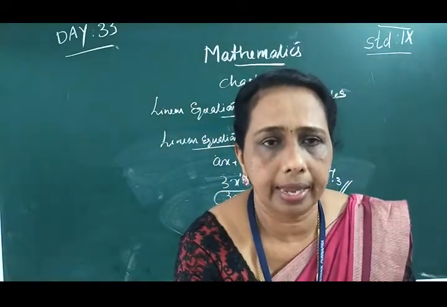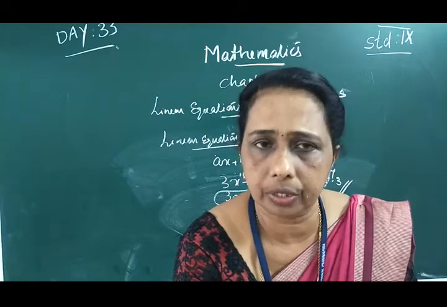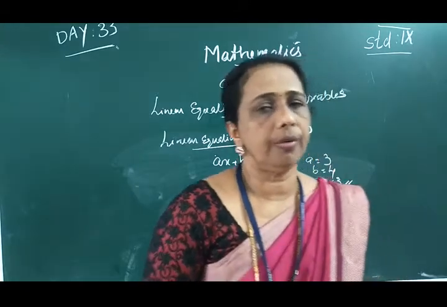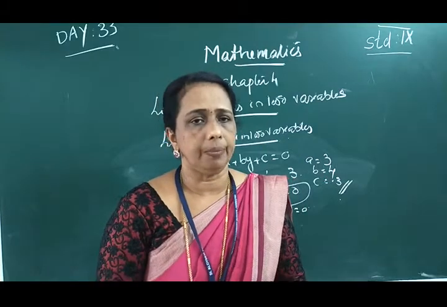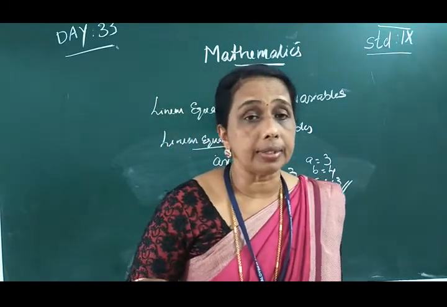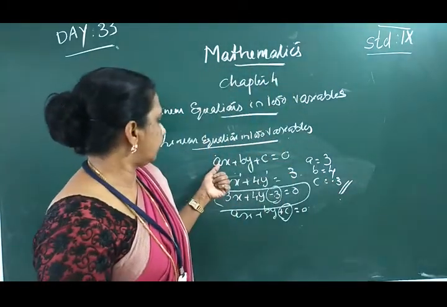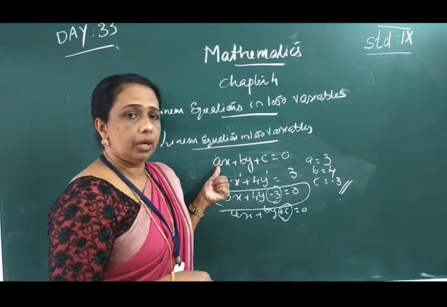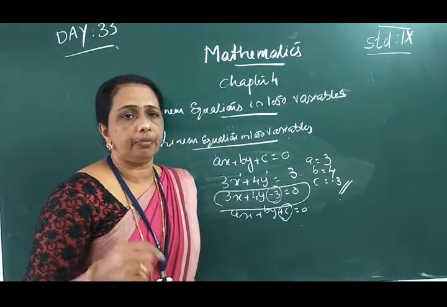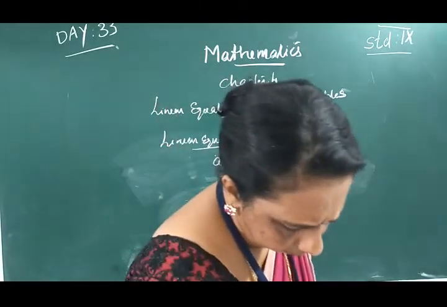Here we are taking a, b and c: a is the coefficient of x, b is the coefficient of y and c is the constant term. We take them including the sign. If a negative sign is there, we have to include the sign when taking the coefficient of x. One more example.